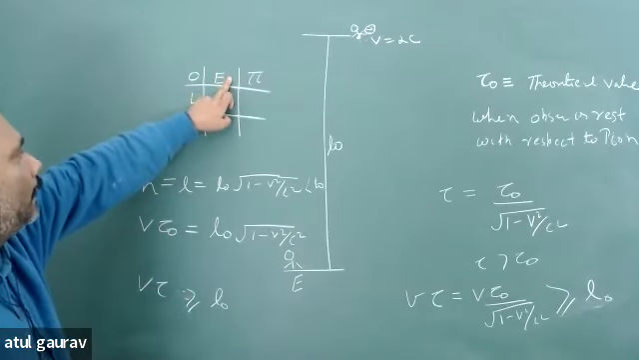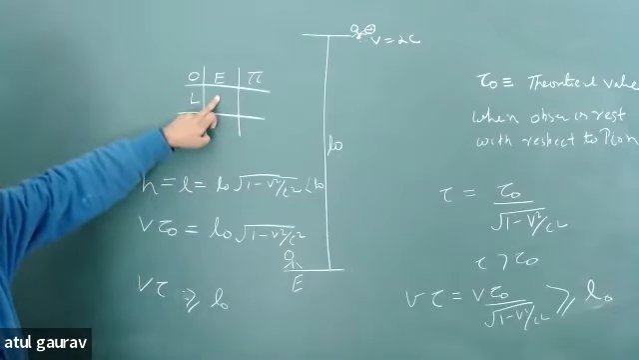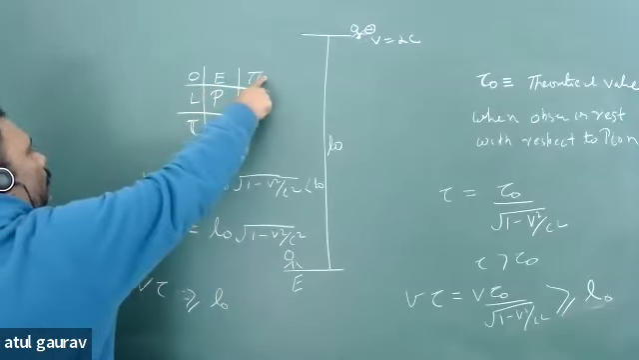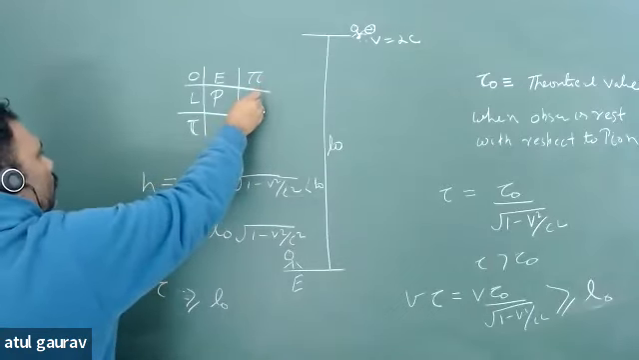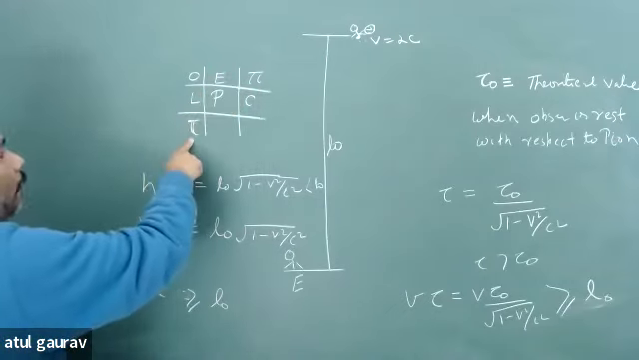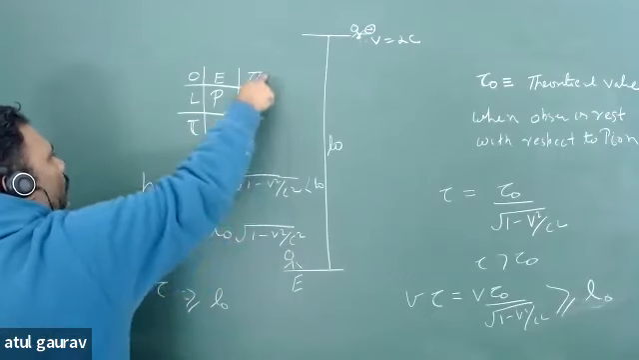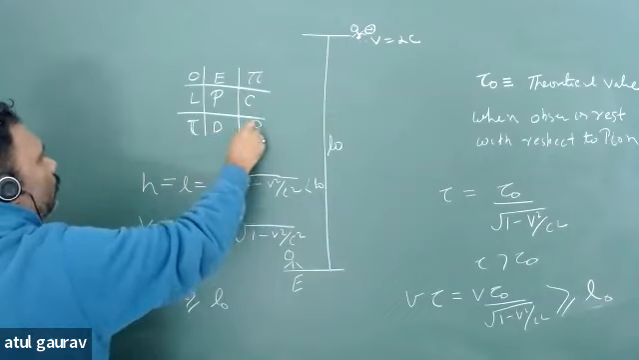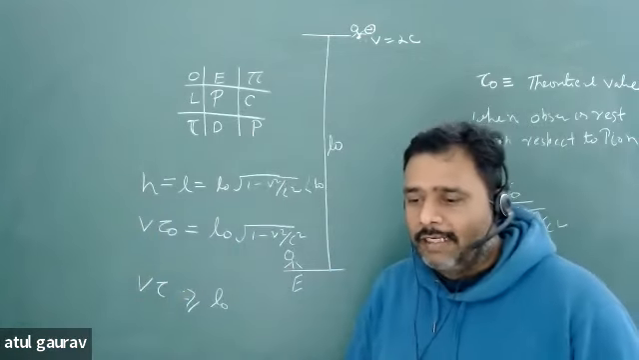तो अगर ऑब्जर्वर अर्थ पे है, लेंथ कॉन्ट्रैक्ट होगा या प्रॉपर होगा? Proper. अगर ऑब्जर्वर पायोन पे है तो कॉन्ट्रैक्टेड होगा या प्रॉपर होगा? Contracted. अगर ऑब्जर्वर अर्थ पे है तो टाइम का क्या होगा? Dilated. और ऑब्जर्वर अगर पायोन पे है तो टाइम का क्या होगा? Proper. So you can have this sort of symmetry and you can easily use this thing to verify your